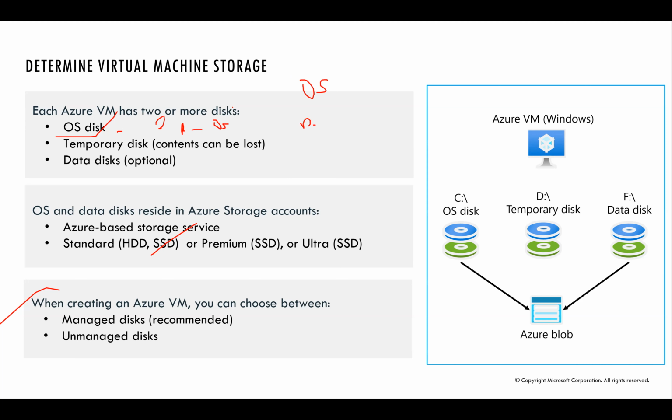So what they have provided is disk space that will be enough for the operating system to load and function. When you need more disk space for your data, you have to add additional disks, which is optional. Then you also have a temporary disk, which is another default disk. It is called temporary because it is not meant to house data. The idea behind this temporary disk is that if I have my host this way,